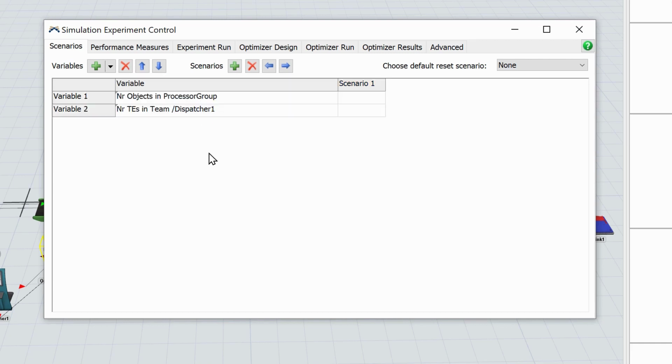And it's variable 2. Okay, now we're going to add as many scenarios as we need. Let's start with 3 scenarios, and scenario 1 will be where we have 1 processor and 1 operator, and then 2 and 2 and 3 and 3. But you can make any combination you want, and that would require what, 9 scenarios to capture them all. Okay,